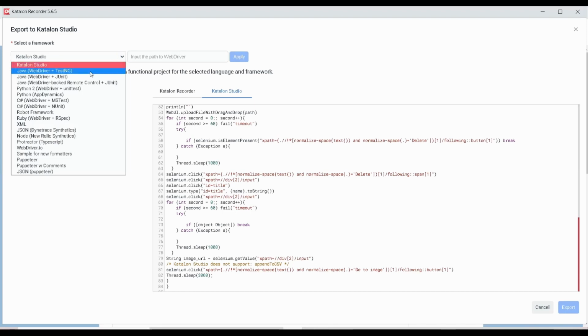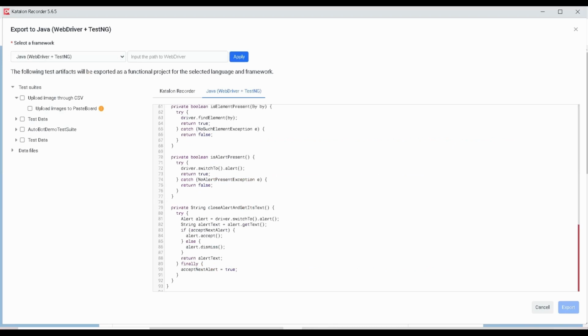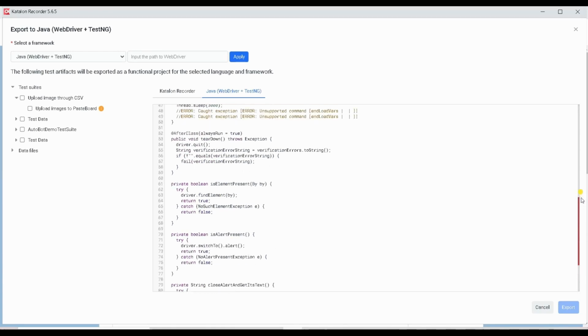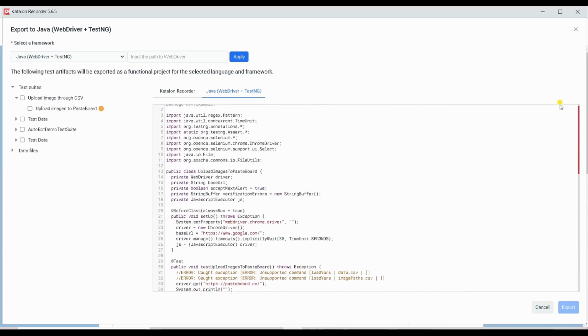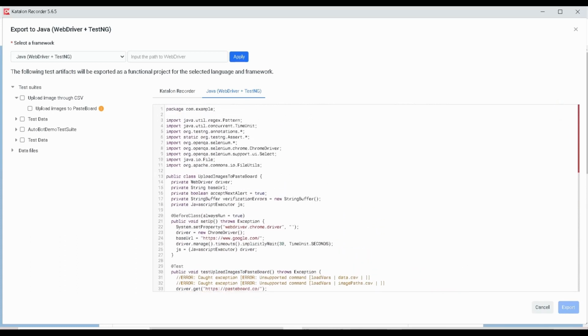Okay, so suppose I click Java WebDriver plus TestNG, here you can see the Katalon script got changed to WebDriver plus TestNG format, right? So this is one great benefit with TestNG. Okay, but here you can see the driver details are not updated, right?